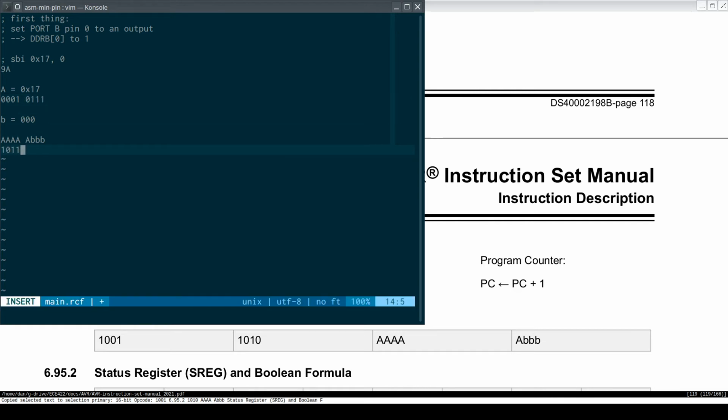So 1, 0, 1, 1, 1, and then 0, 0, 0. That's the last byte, or last 8 bits, which we'll encode: 1, 0, 1, 1 is B, and then 1, 0, 0, 0 is 8. So our very first instruction is SBI, is this word here. So I'm going to delete all of this. Our next instruction is